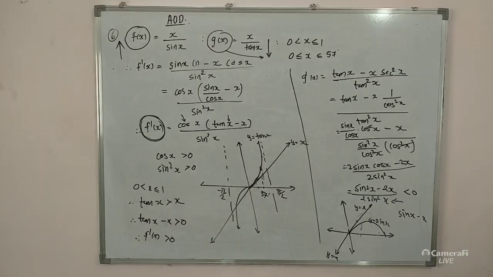So with the help of graph, we are going to decide the sign of f dash of x and g dash of x, right? So if f dash of x is greater than 0, it means it is increasing, and g dash of x is less than 0, it means it is decreasing. So in the given options, the correct answer is